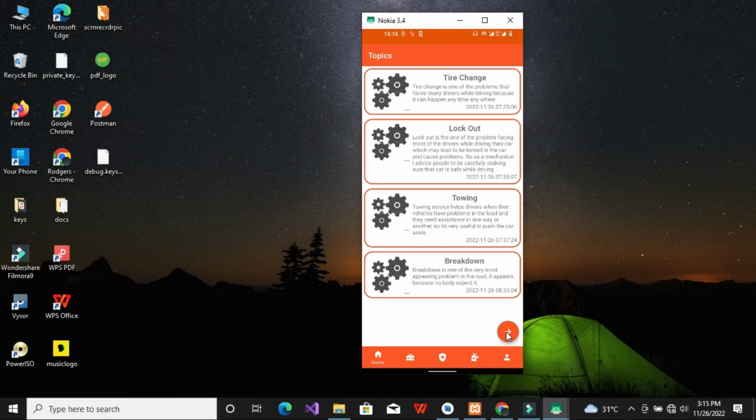If you click here, it takes you to another screen where it will list all available mechanics according to your location. So if you are maybe in New York, it will just list all available